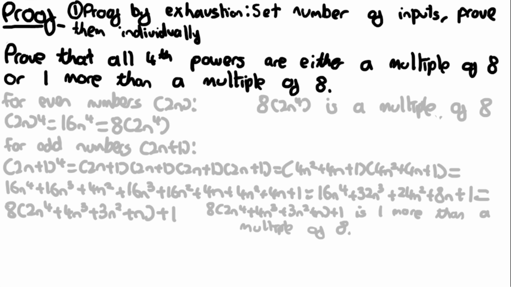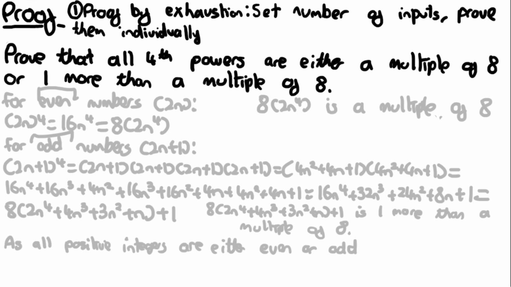And therefore we need to write a sentence in order to explain why this proves for all fourth powers. As all numbers, or more specifically, as all positive integers are either even or odd, we have proved it separately for even and odd, and therefore as all positive integers are even or odd, we proved it for the whole thing. Remember, we write the statement at the end, basically just saying that we've done the proof. We always need to write the statement, so the statement is just going to be: as all positive integers are either even or odd, therefore all fourth powers